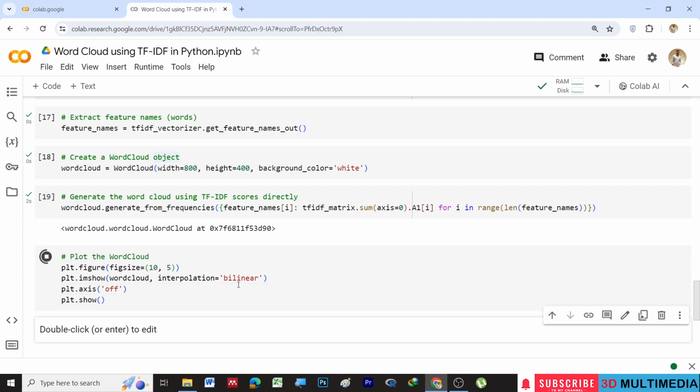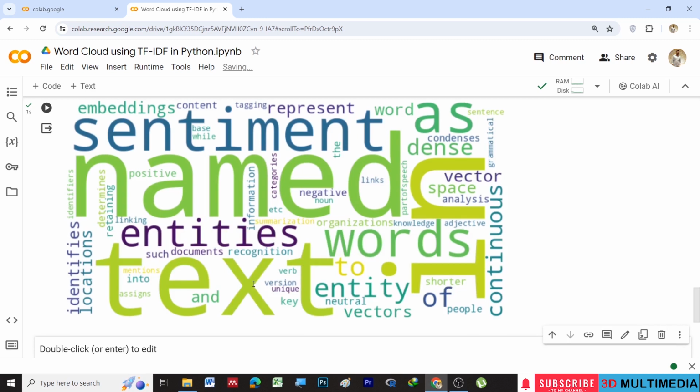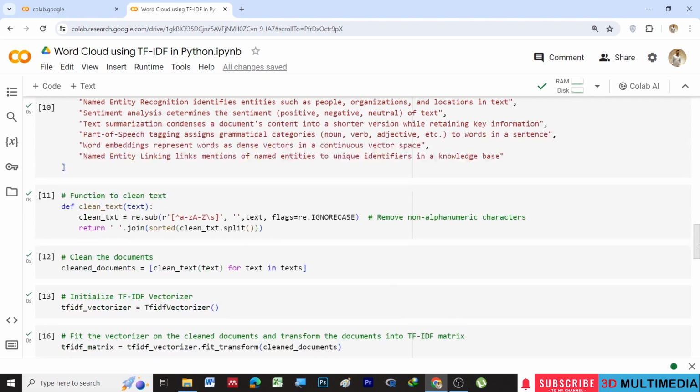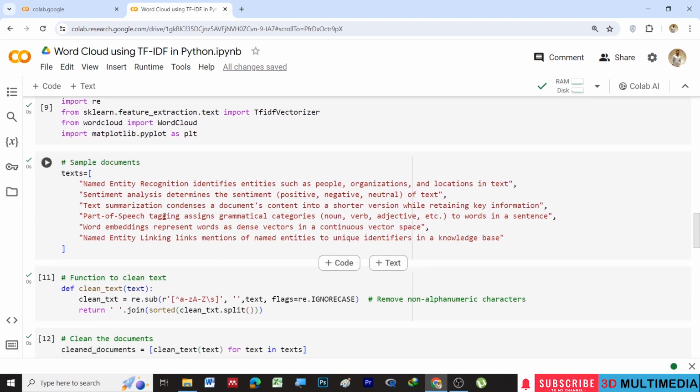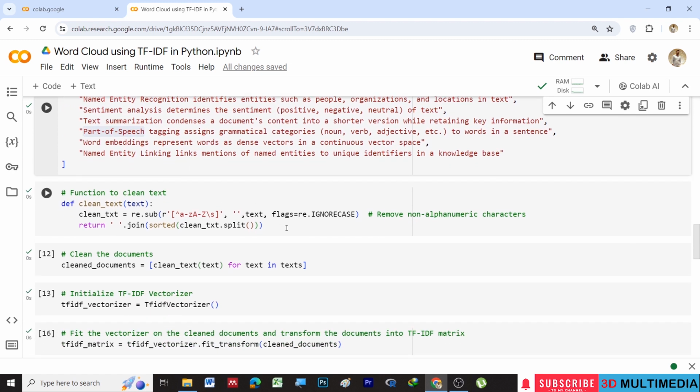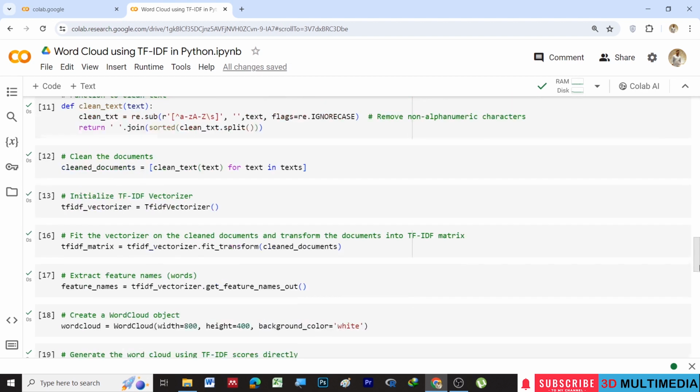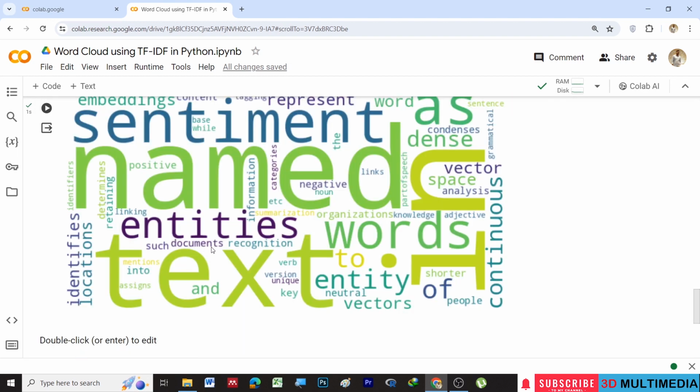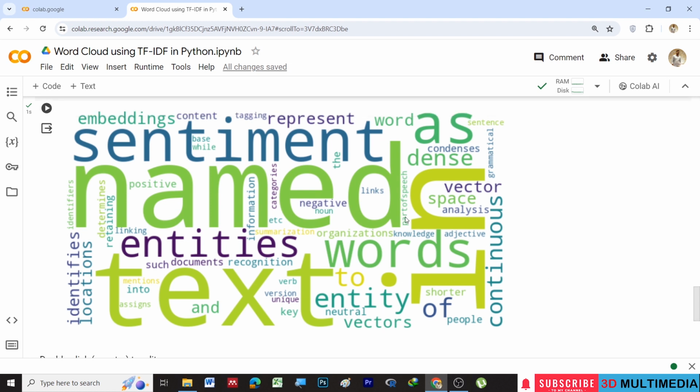Here we give the interpolation as bilinear so that we get good pixel intensities. So why did we create a word cloud again? To make sure that this particular term, parts of speech, is treated as a single word, and documents, also I wanted TF-IDF to consider as a single word. Since we have done this cleaning, the text processing, you can see here that documents has been considered as a single word, and similarly parts of speech has been considered as a